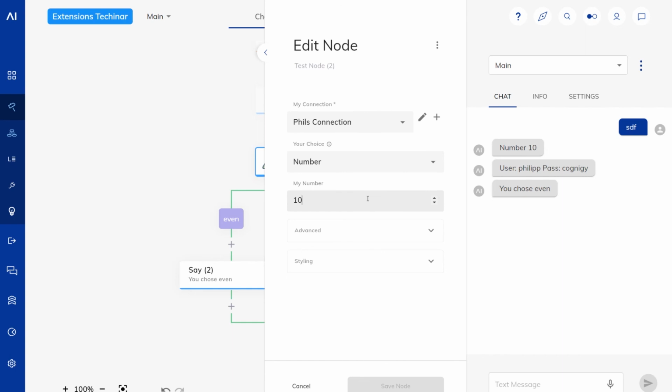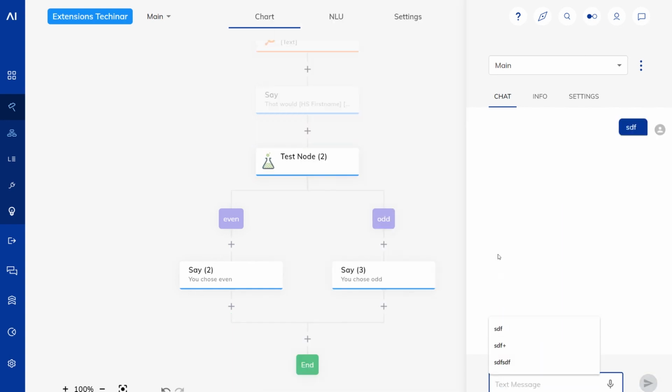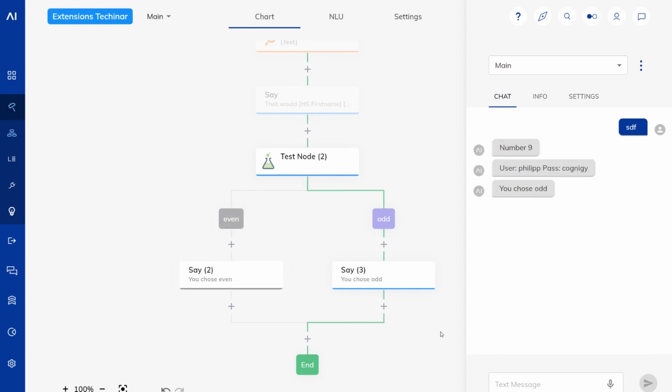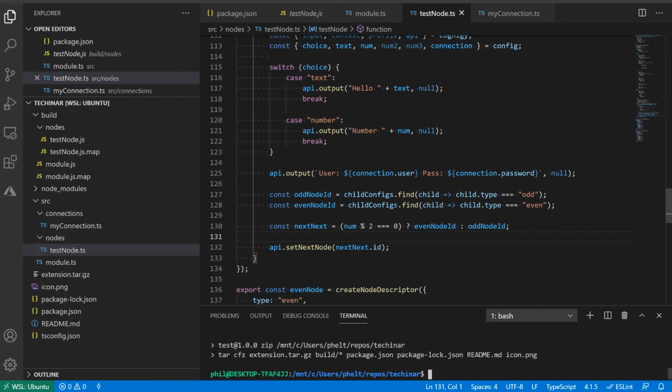Now if I change this, it's going to say you chose odd. All right, so what we saw is how to create child nodes and then how to change the direction the flow is going by using the API setNextNode function to determine which of the two paths to go down.